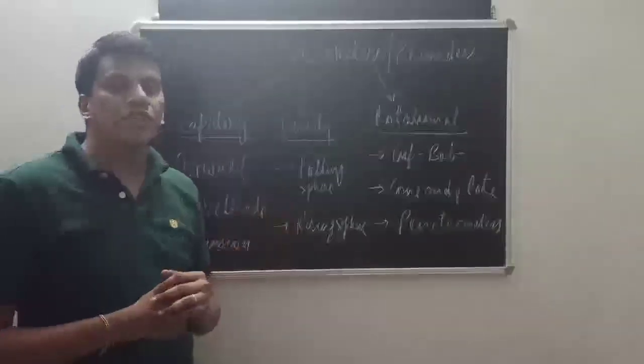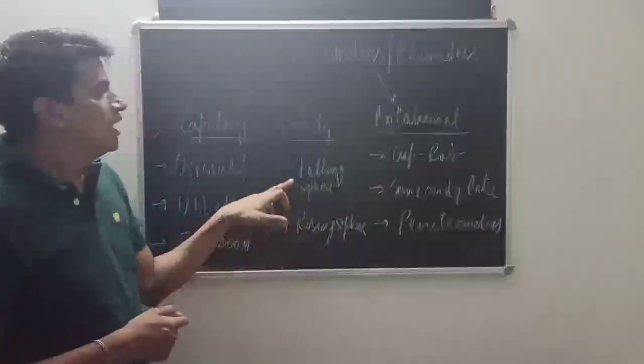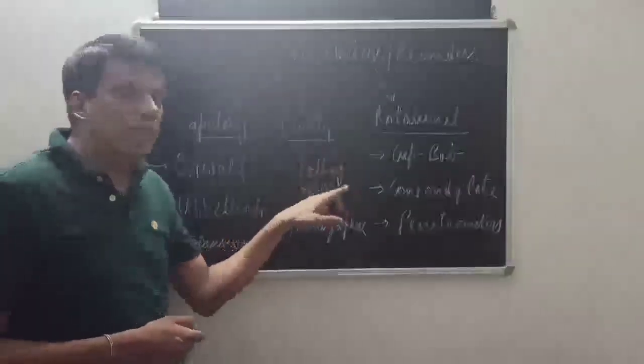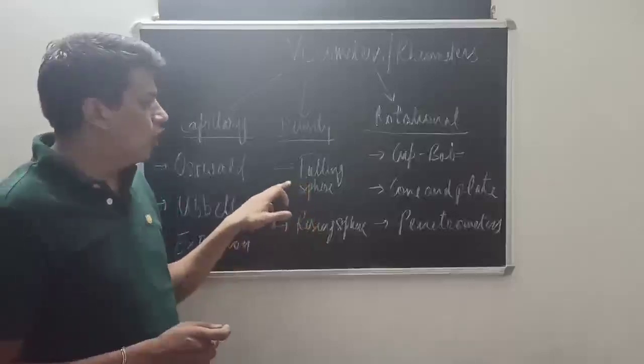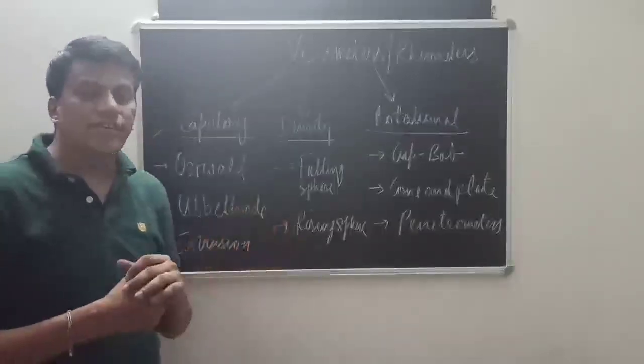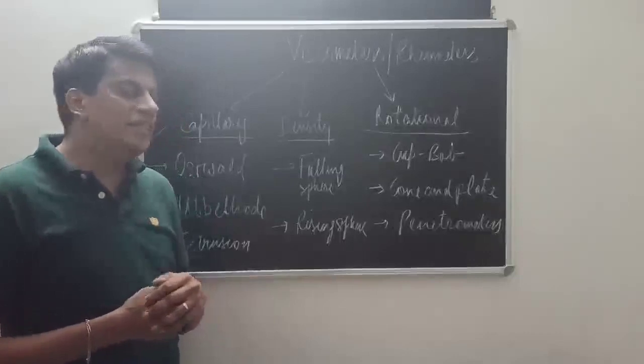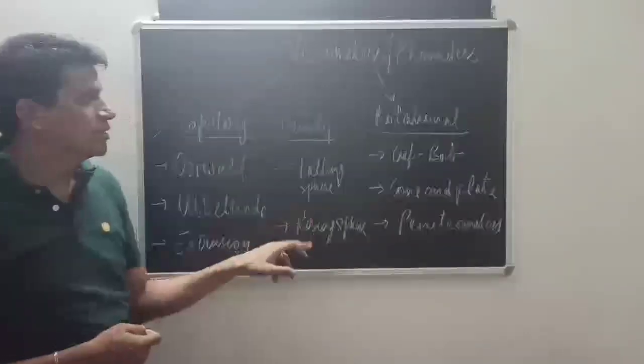They are of two types: falling sphere viscometers, whose brand name is Hoppler viscometer, so the example is the Hoppler viscometer. The second is the rising sphere viscometer, and the example is bubble viscometers.